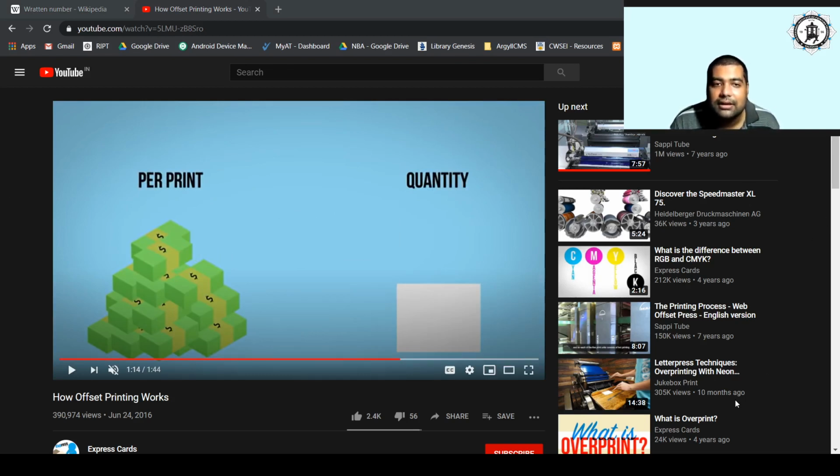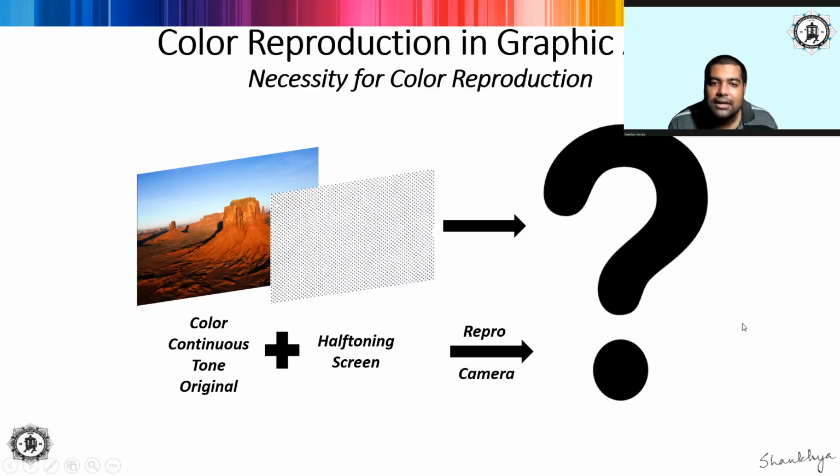Now let us return to our original topic. As I was saying, you need different image carriers or different films, where each film will be a unique record of the different areas or colors present in the continuous tone original. That is why the first thing you need to do is segregate the films or transparencies on the basis of the areas they record.